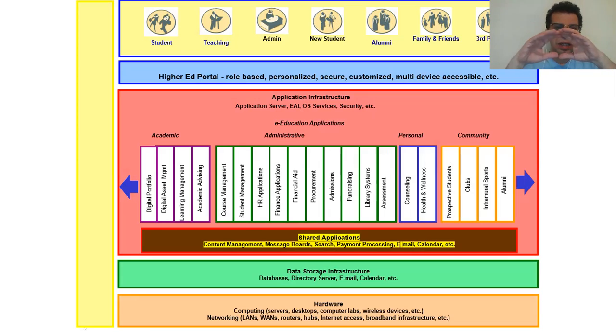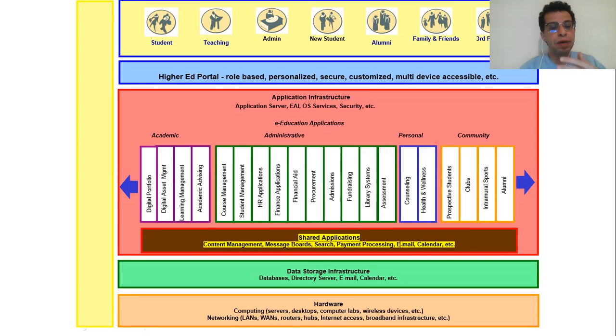Then when we decide to go with that, we move to selecting the software itself among all the suppliers. One more thing here: there should be a shared application, with integratable content, message board, search, and payment processing.